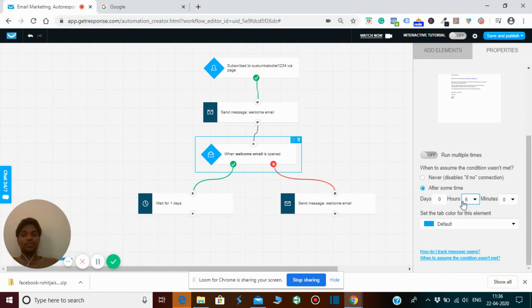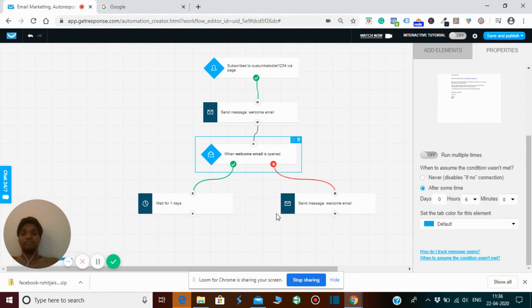So have you understood this? Let me explain with an example. If you have a landing page, and a subscriber comes and subscribes to your landing page, and you have sent a welcome email. In the welcome email, there are two types of people: the welcome email will be opened or not.